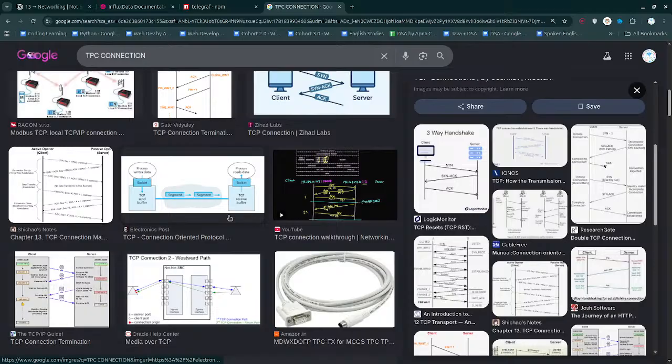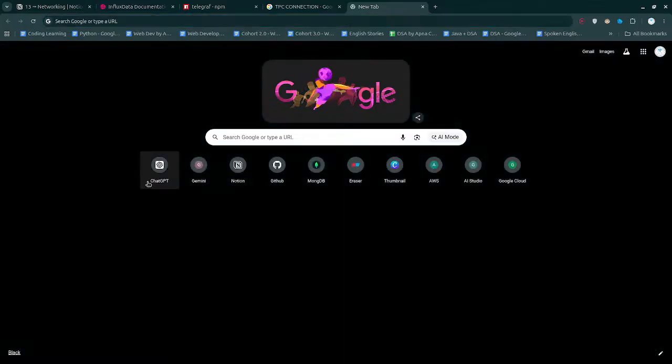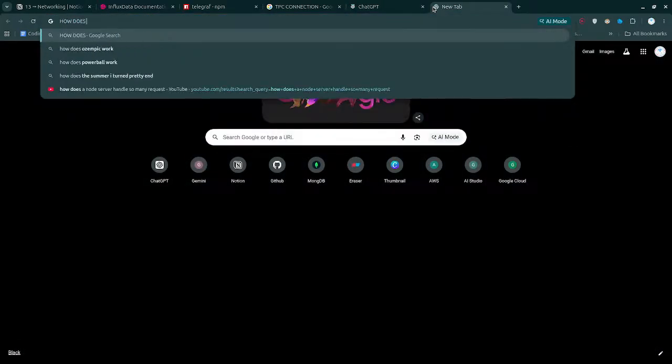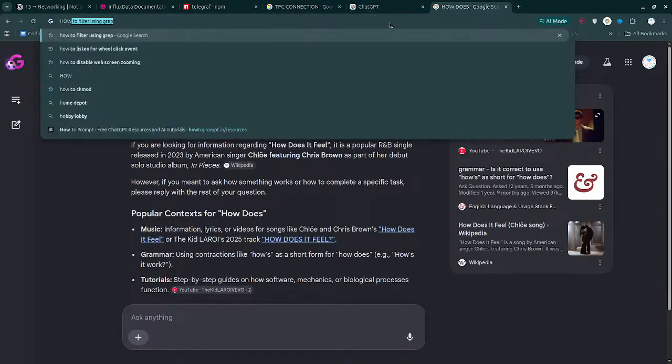But the question is, what is this sync and acknowledge? In that case, we'd better ask this to the AI. Or instead of asking the AI, how does